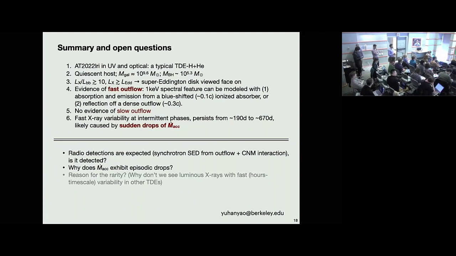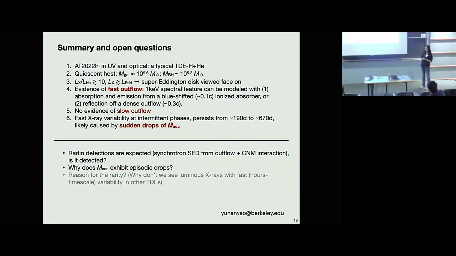The super Eddington mainly comes from the luminosity alone. The luminosity is above the Eddington limit, so it's not model dependent. No, but the black hole mass that you get from the M-sigma or M-star. Oh, I get it from galaxy scaling relations. Yeah. Okay. We can talk later. I think I didn't make my point clear. Sorry, we'll talk later. Okay.